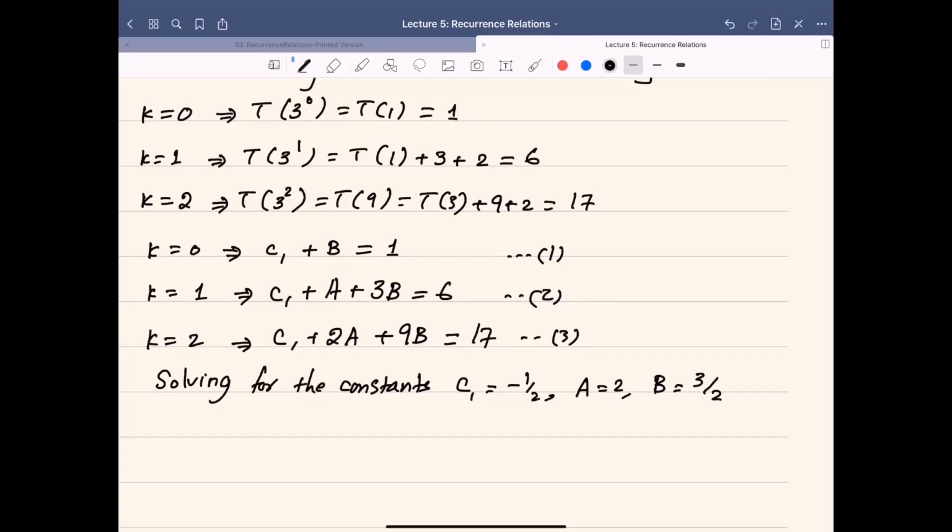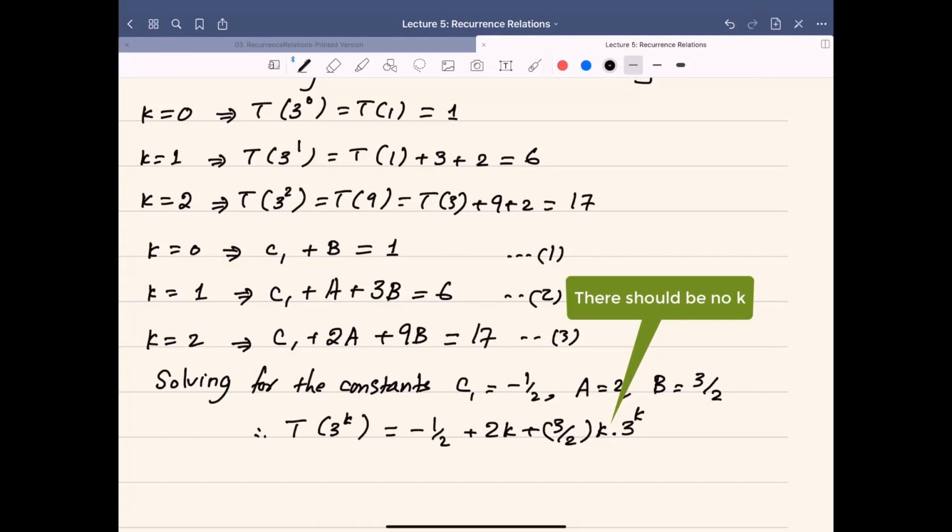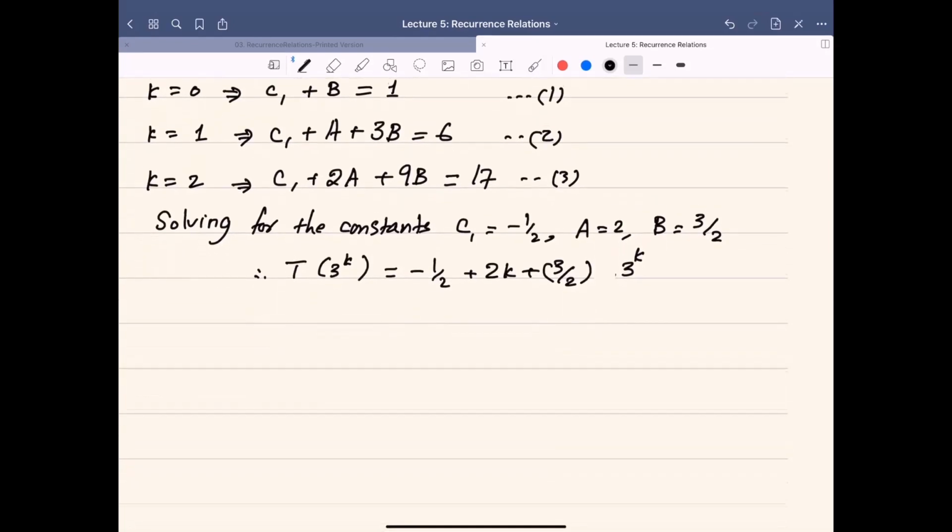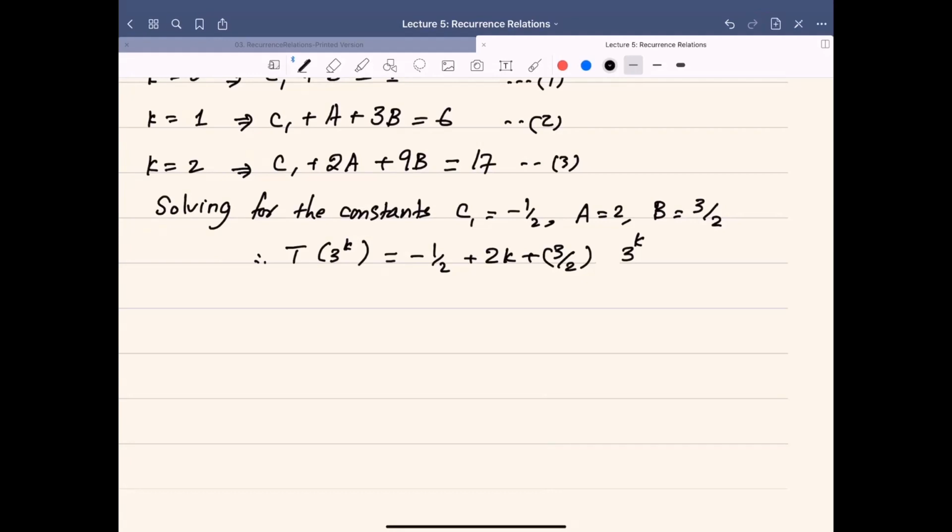So when we substitute, we will get T 3 raised to power K is equal to minus half plus 2K plus 3 over 2 K times 3 raised to power K. We will leave this equation up to here without substituting for K in terms of N. First, we need to show you method 2 how to find those constants, because we will end up with the same equation, and then we will show you how to write this expression in terms of N. Now method 2,